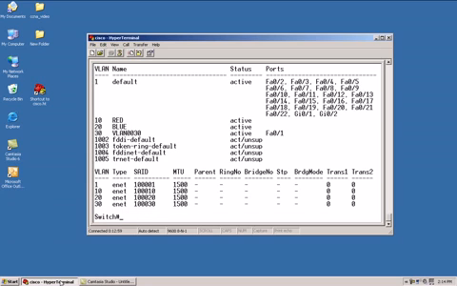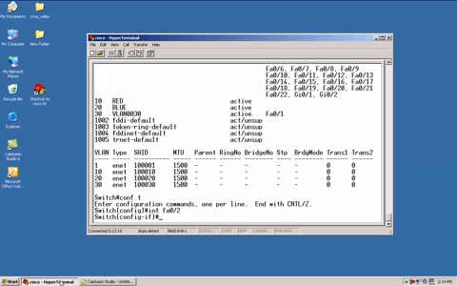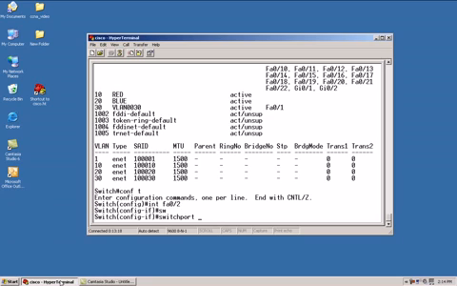So from here, let's go back and assign a switch port to a VLAN. Again, I'll issue the config t to get into global configuration. From there, I'll go to the interface, let's see, FA 0/2, and then I'll do switchport access